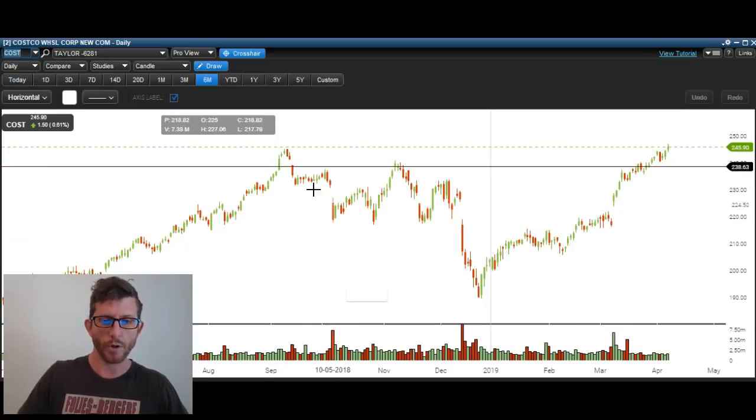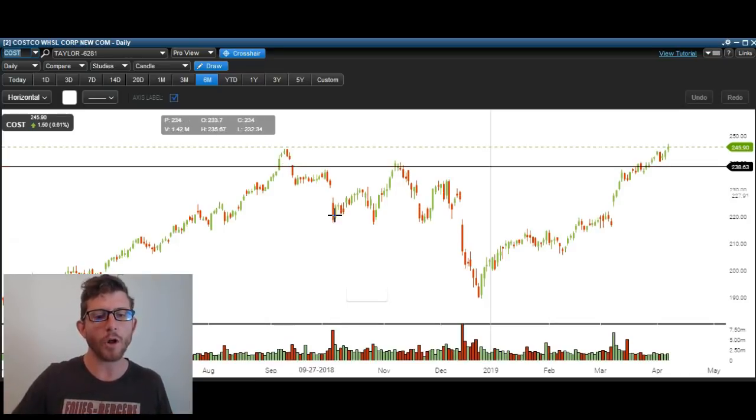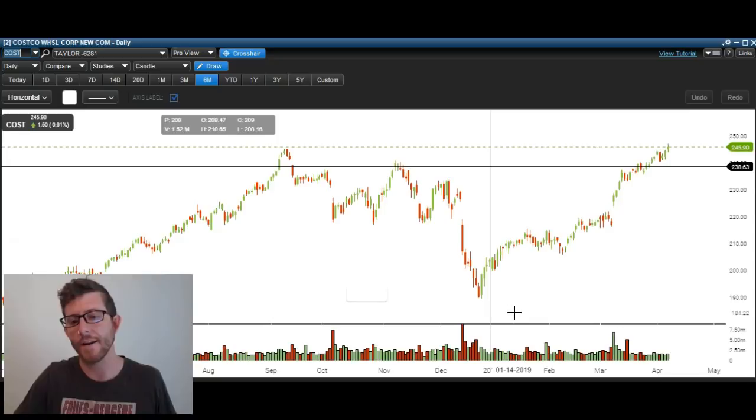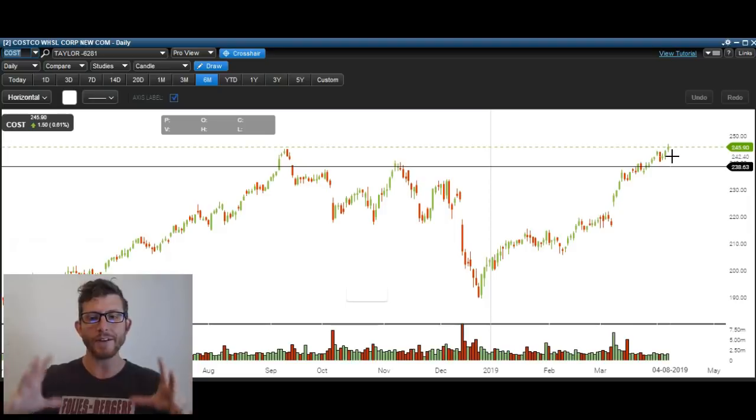So you saw Costco was already trending lower a little bit before we saw that big down move in the market. That's just a small example. There were stocks that were already looking like this before we even headed lower. And then when the rest of the market headed lower, it headed even lower. But that's just one example of what it looks like. You can see Costco trending up, new all-time highs right now. Again, it could drop and things could change next week, tomorrow, but as it stands right now,